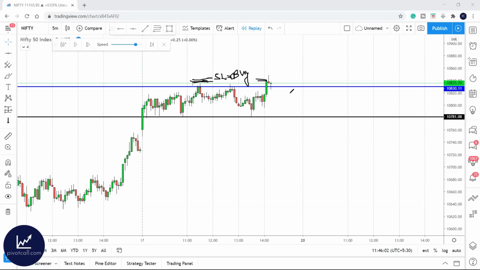And what can you expect? I said the market looks for liquidity. If there is liquidity and the market touches that level, expect an explosive move on the upside, right? That is what breakout means. All stop losses got triggered. So all the people who had stop losses above that line, above these wicks, let us see what happened after that.